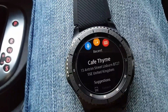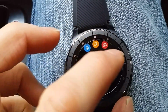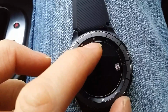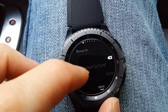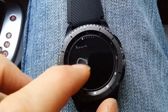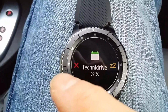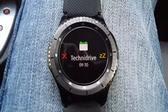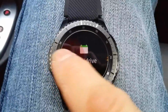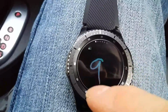And let's try doing a little search here for the same location. So write text by hand, okay. 89. So you can see now my phone's actually reminding me to go to TechniDrive for 9:30, so let's dismiss that. So you dismiss by dragging to the right. So we've got our 89,